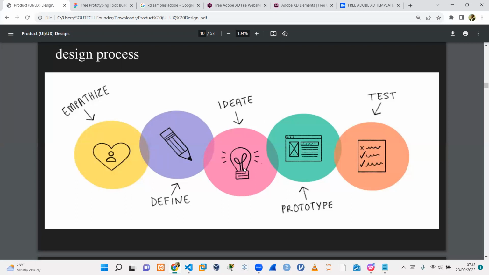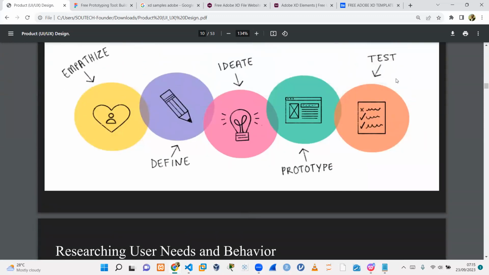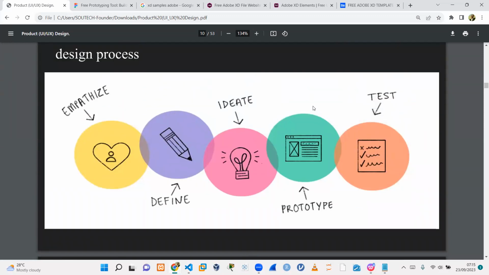So that approach of doing projects is not always in vogue. But you see some very large-scale projects that can still go through that process. Then, of course, you want to prototype and you test. Okay, I think that's going to be the end of this very session. In this session, we looked at what UI UX design means. We looked at what are the different tools. We looked at the design process, and we looked at